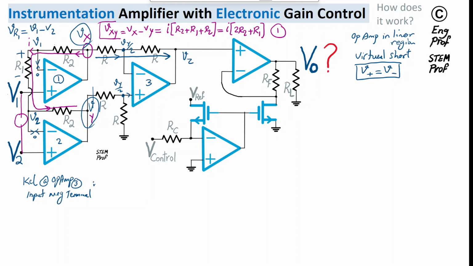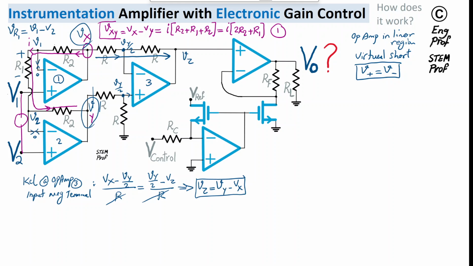If I do that, it is as if I am saying Vx minus Vy divided by 2, divided by this resistor, so that's the current going through that resistor, is equal to Vy divided by 2 minus Vz over R. So these two cancel out, and what we get is simply Vz equal to Vy minus Vx in this circuit,